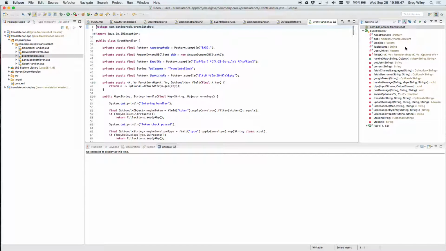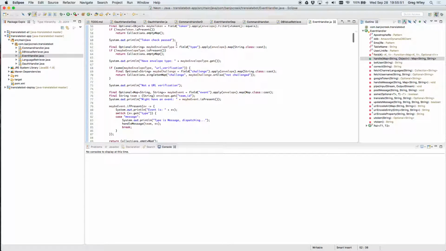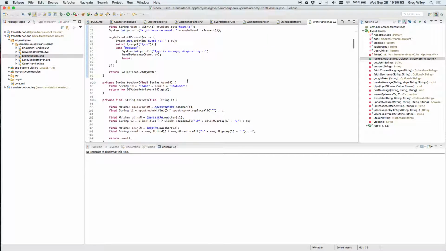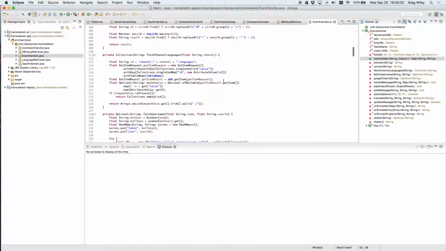Same thing with the event handler, same kind of thing. It just comes in on a map, and we process it. We see what happens. We do all the translations. We go out and we find all the keys we need to talk to Google Translate. We translate all the languages, and then we respond with that. And we do that by posting messages back into Slack in this case. So the command handler is different. The command handler takes in a request and passes back the message to print.